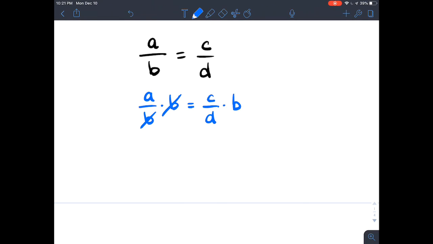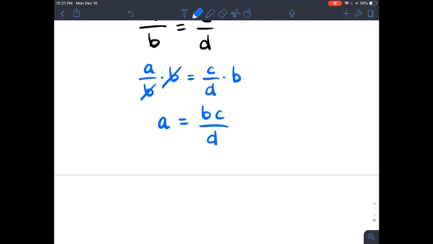So they cancel out, and we get a equals bc over d. If you're not following where I got that from, pause the video right now. I'm serious, pause it and figure out how I got that. How did that work? Okay. And then once you get that, you can multiply both sides by d, and you would get AD equals BC